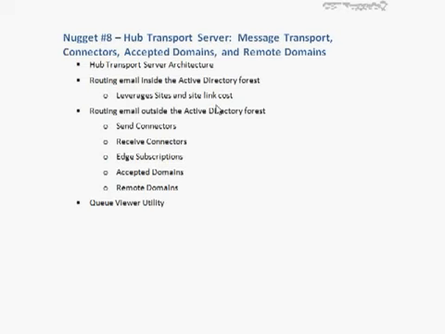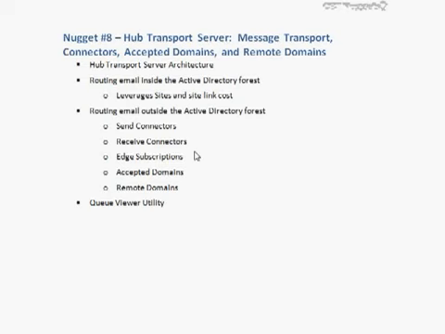Well, the other half of routing mail using the Hub Transport Server is involved with that sort of mail that happens outside of the Active Directory forest. And, well, that sort of mail and how that sort of mail is done is not really as conveniently easy as the inside the forest mail. You don't really have Active Directory sites between all the internet sites in the world. You have to use things like send connectors and receive connectors to identify how you're going to send mail out, the vector that you're going to use to send mail out, and then also where you're going to be